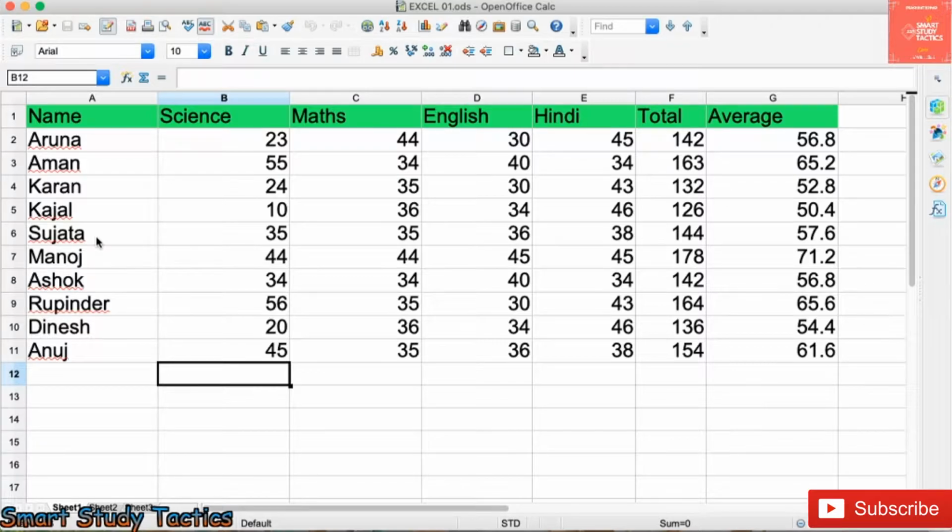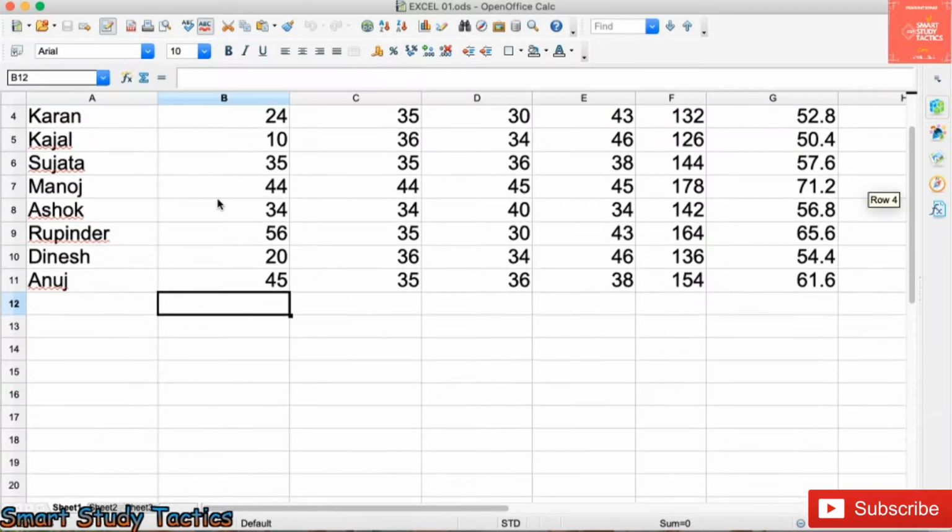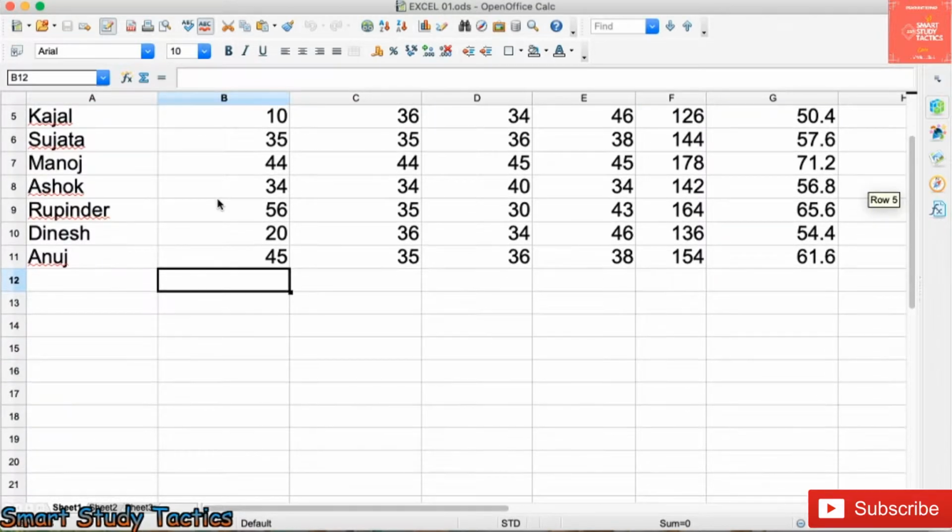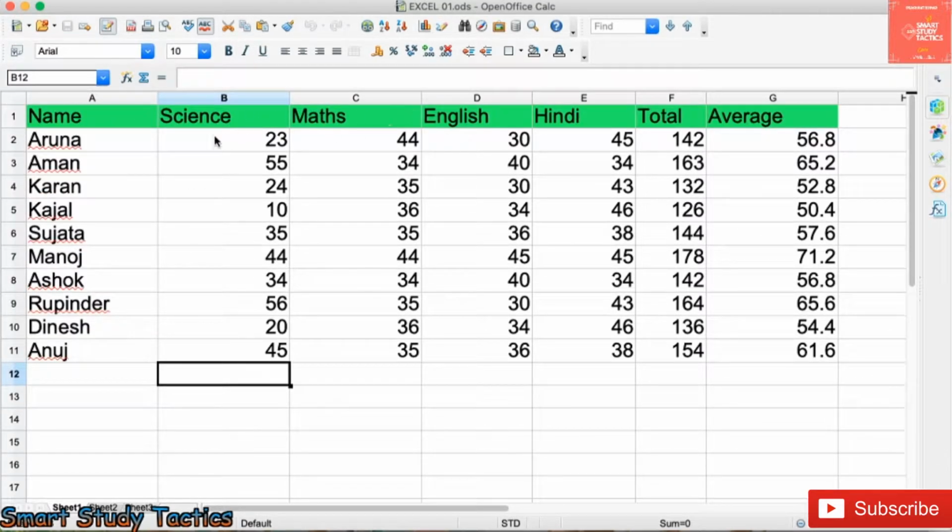Now the second purpose, to freeze the row and column. Just now you can see when I'm moving my cursor, the upper section is also moving with it. If I freeze this, it will remain here only, meaning it is going to be fixed there and the rest of the data will move. So here we are going to learn these topics.